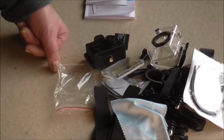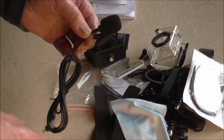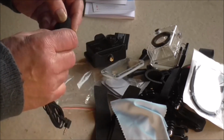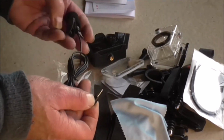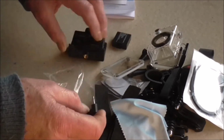But one of the most important things that I bought this for was this little microphone. And it's got a little clip on there, and it's only a tiny microphone, as you can see, but it's quite good. I have tried it, tested it out. And you've got a fairly long lead on it, and the mini 2.5 jack plug. And obviously you can put that in the side of the camera there, and you've got an external mic, which